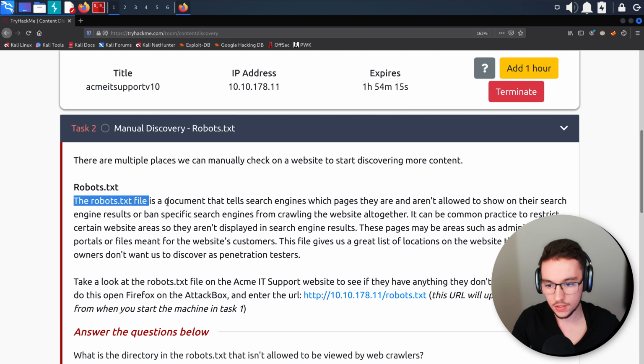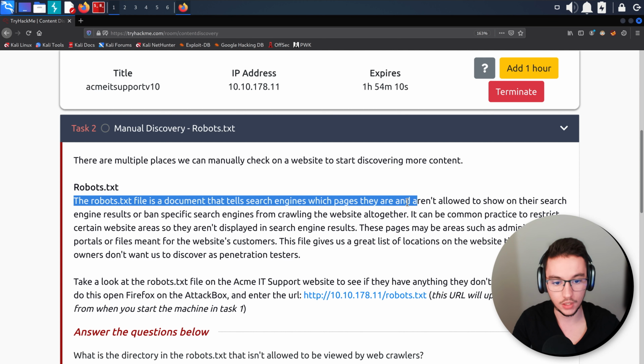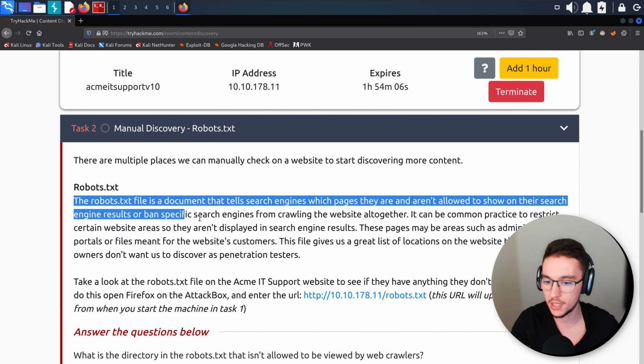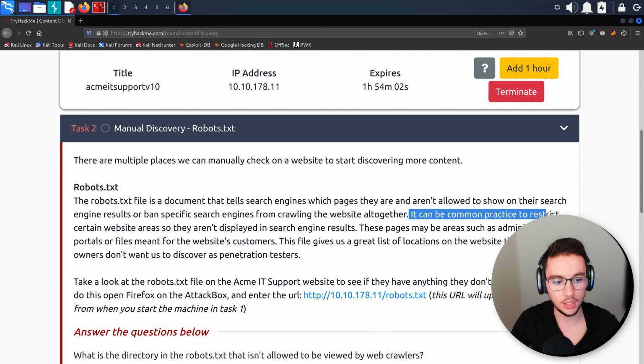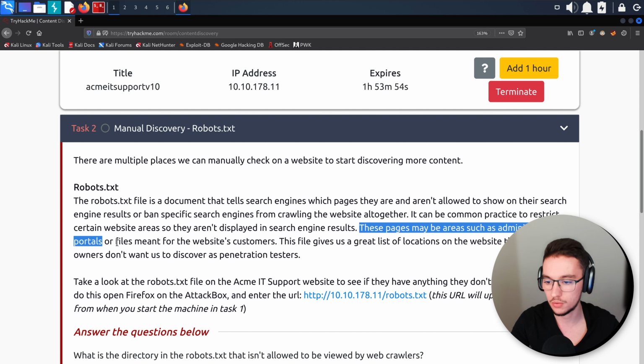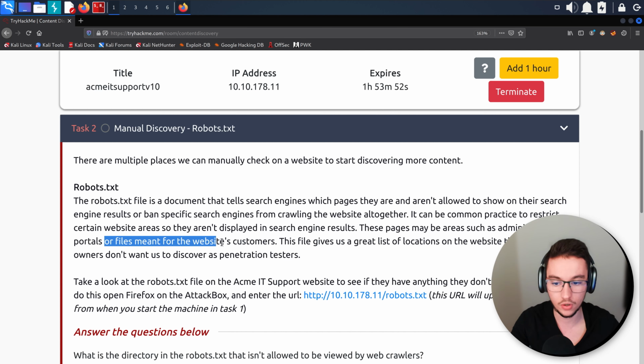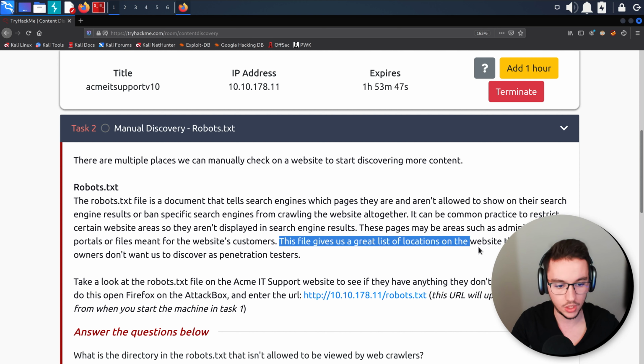The Robots.txt file is a document that tells search engines which pages they are and aren't allowed to show on their search engine results, or ban specific search engines from crawling the website altogether. It can be common practice to restrict certain website areas so they aren't displayed in search engine results. These pages may be areas such as administration portals or files meant for the website's customers. This file gives us a great list of locations on the website that the owners don't want us to discover